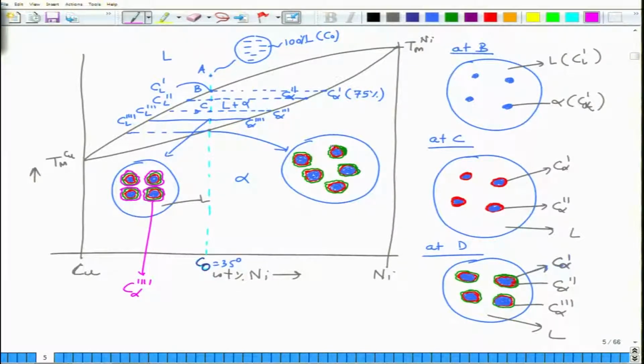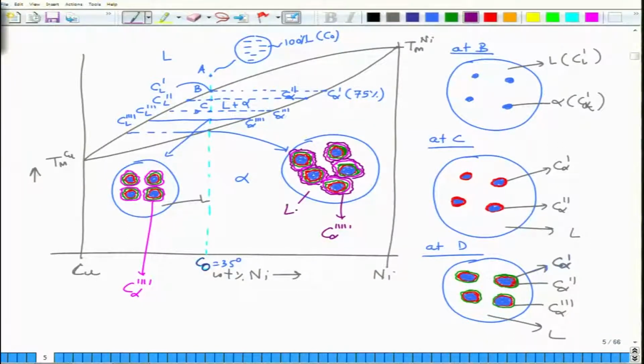Then comes the magenta one. And then comes the, let's say, the purple one, the final one. And so on and so forth. So you will have now the final one, C alpha,